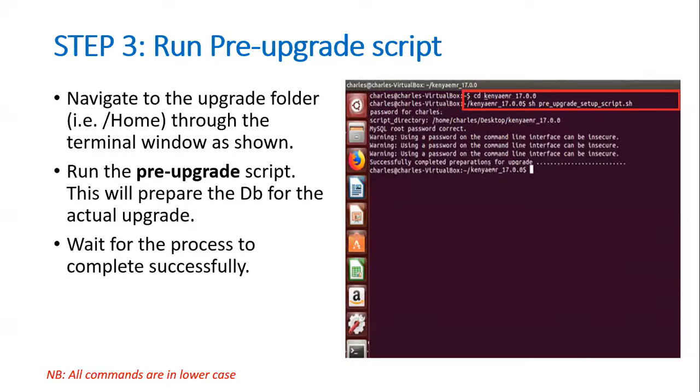Mostly you are going to find that it is KenyaEMR_17.0.0. Once you change into that directory, there is a script inside that directory called pre-upgrade_setup_script.sh, as you can see. That is the file you need to execute in this stage so that you can prepare your database for the actual upgrade. Once you do that,